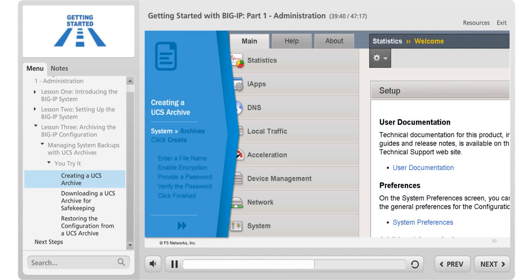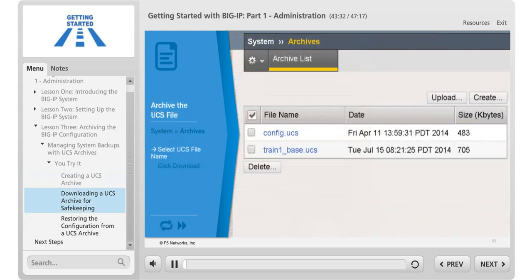If you're not sure how to do this, a hint will be provided for you in a moment. Your UCS file has been created and is shown in the